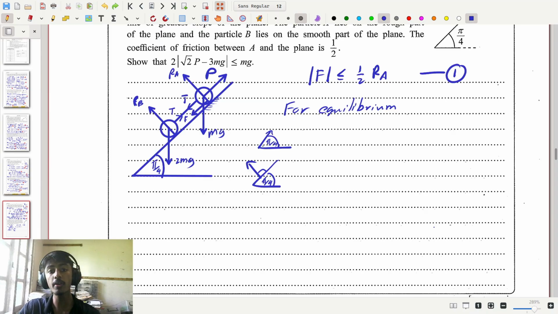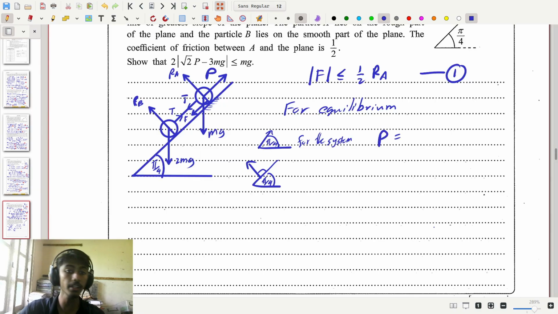So due to that, I'm going to consider equilibrium of the system in this direction. Instead of considering only A or only B separately, I'm going to consider the system. When we do this, the internal forces get cancelled, and all we have left is external forces. Considering the external forces in the upward direction, we have the force P. The other forces, F, the component of mg downward, and the component of 2mg downward, are all in the negative direction. So if we take the left hand side upward direction and the right hand side downward direction, we have